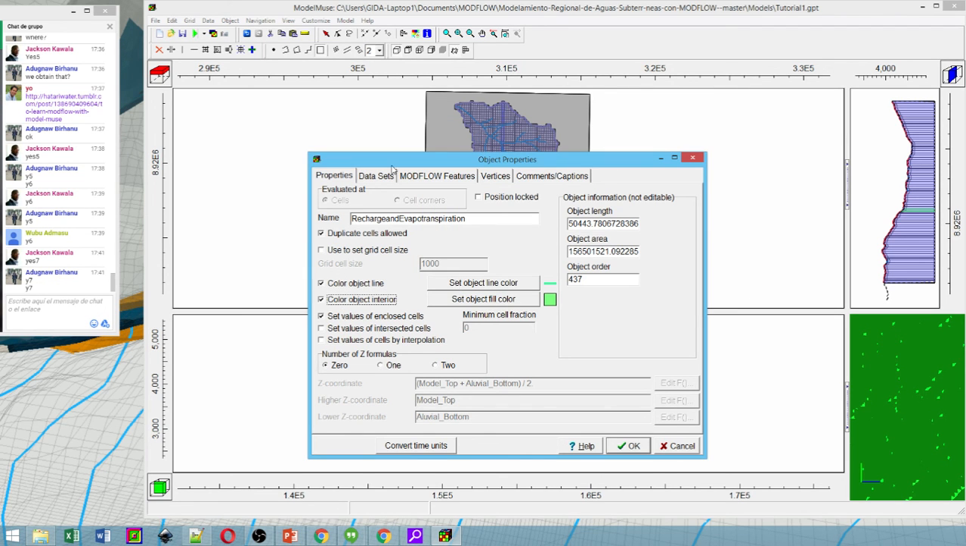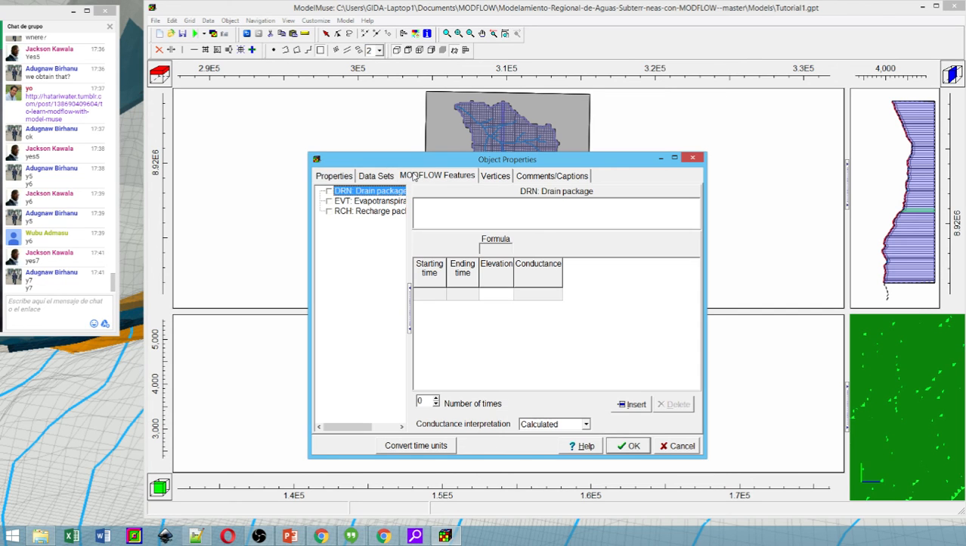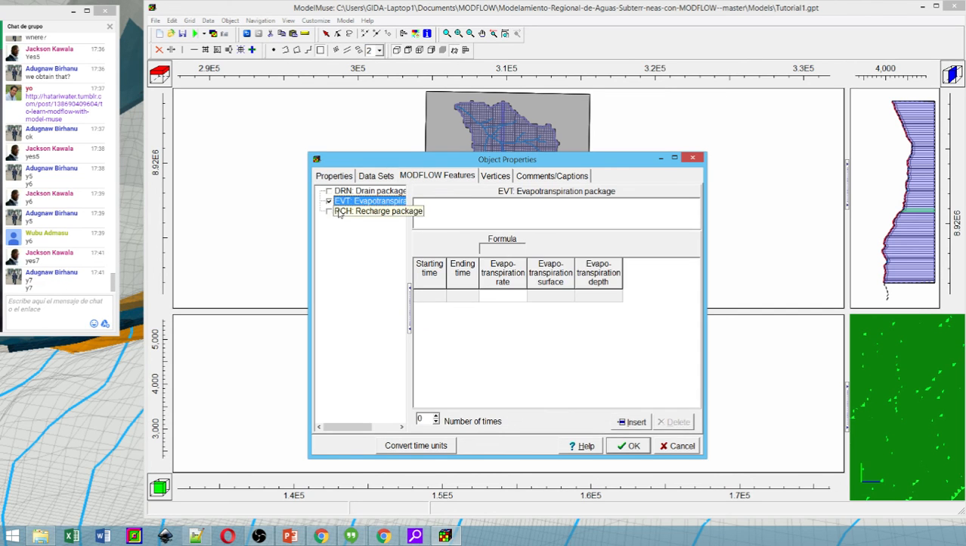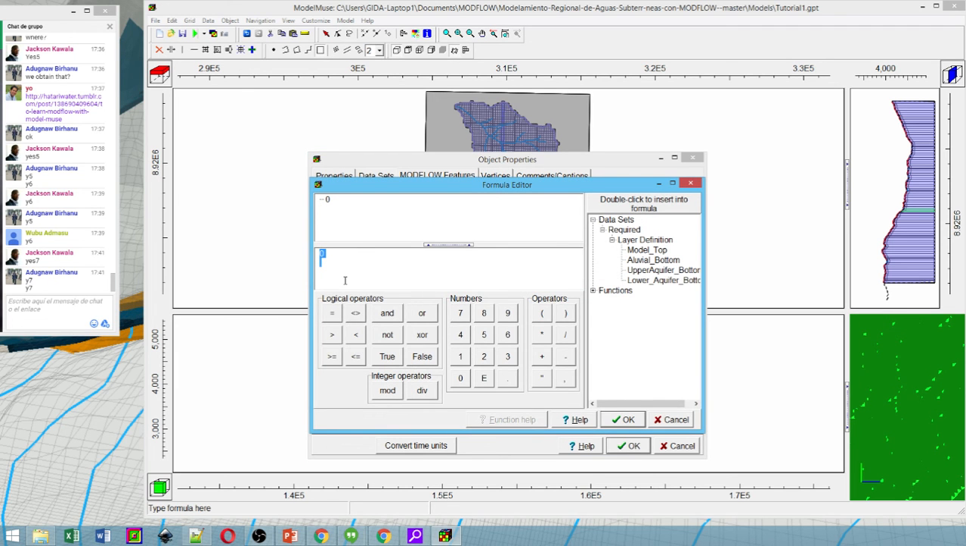Cool. And then go to MODFLOW features. Okay, first you change the name, then you apply color, then you put the number of formulas set as 0. Okay, and then you go to MODFLOW features. On MODFLOW features, you type evapotranspiration. From -1 to 0, the evapotranspiration rate will be